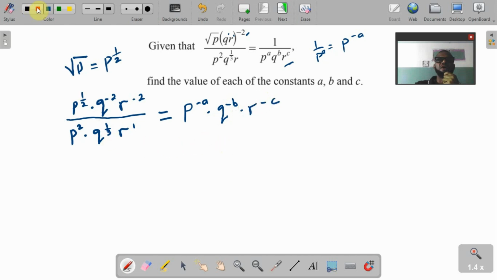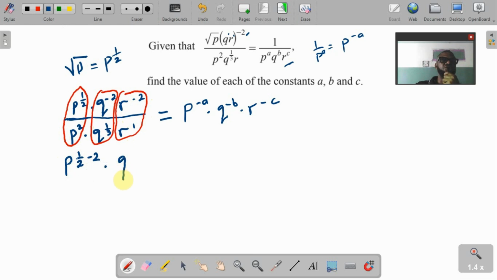Now we are going to apply the law of indices here because we have the same p here. When you look at this, we have the same p. Then when we look at this, we have the same q. Then we have the same r here. So what we are going to do now is to take one of the p, because this is division. So I'm going to apply the division rule. So take one of the p's. We now have p raised to the power half minus 2,